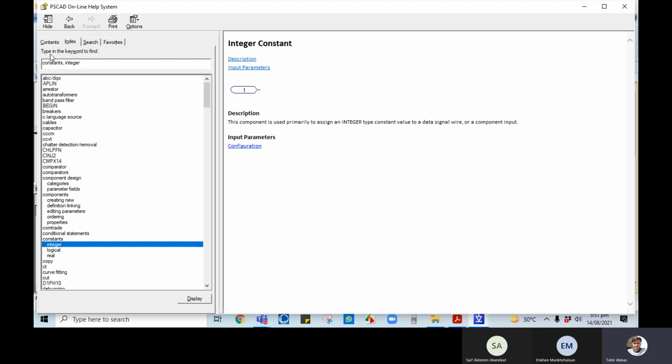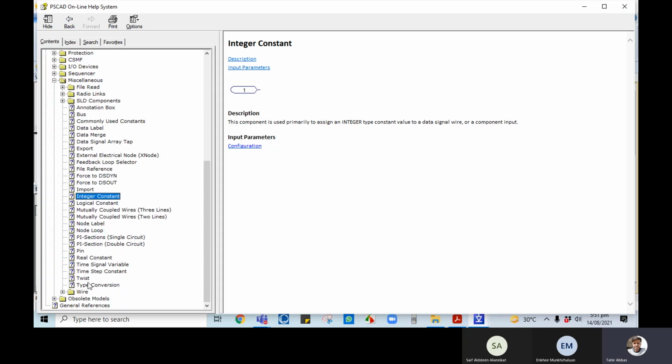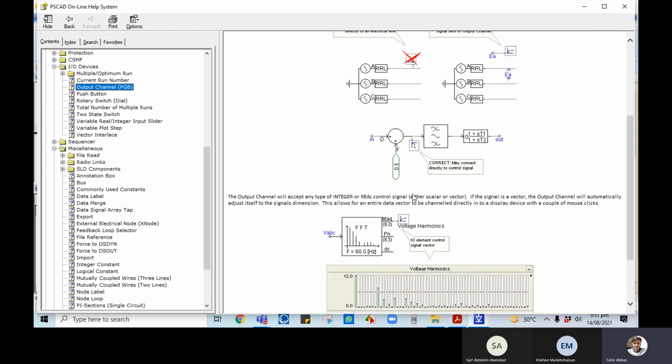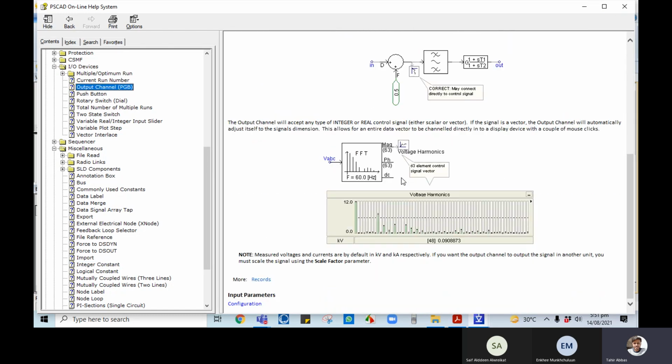For example, for a higher level content, you can see miscellaneous and input output device, like here the output channel. Most of the time I use this output channel, and it has explained all these things, so this is very important.